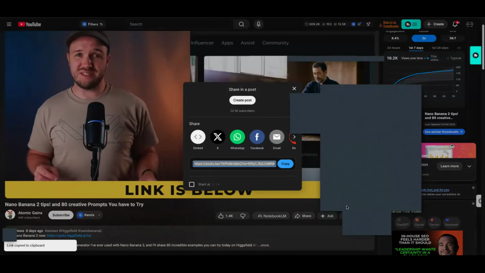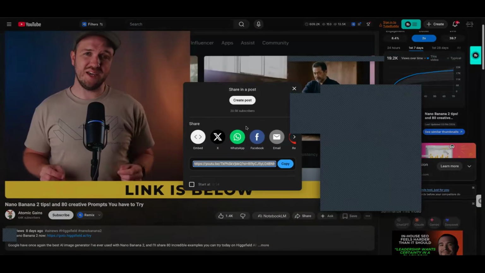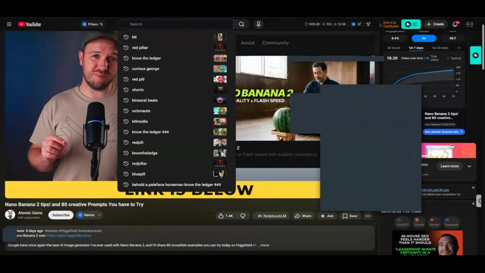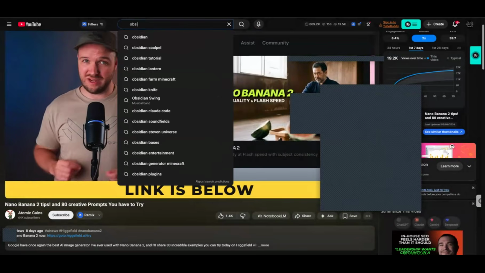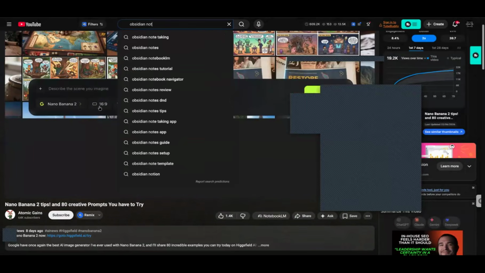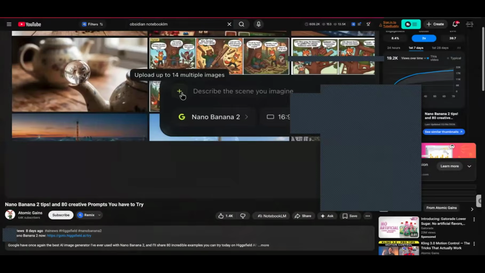I created all of these examples using Higgsfield AI, and I'll show you how to take your Nano Banana images to the next level by using some of the other tools that Higgsfield have available. So you can find Nano Banana here, along with all of the different settings like different aspect ratios and resolution. I will be using reference images a lot throughout these prompts, so